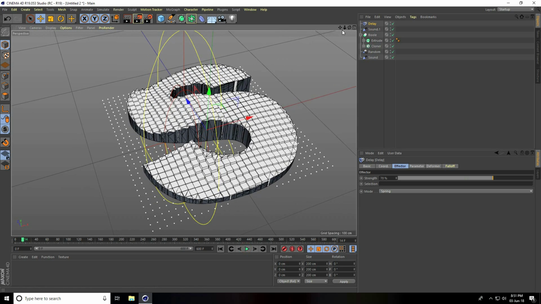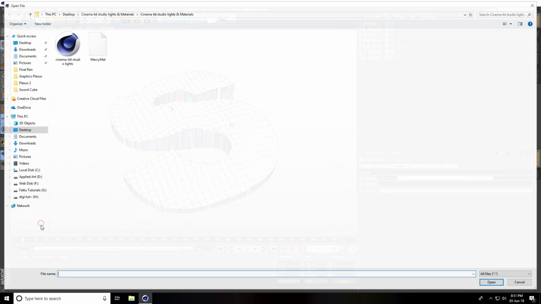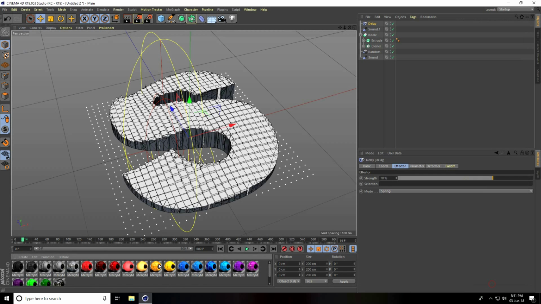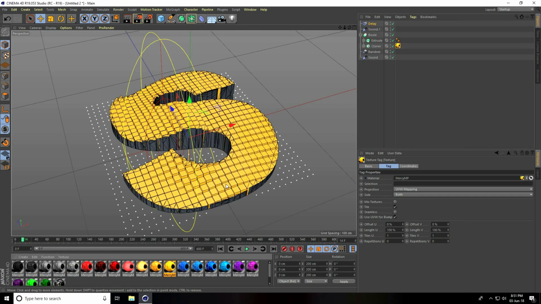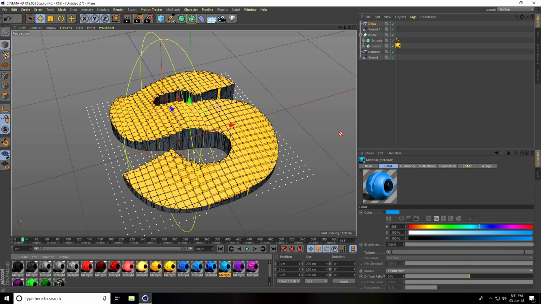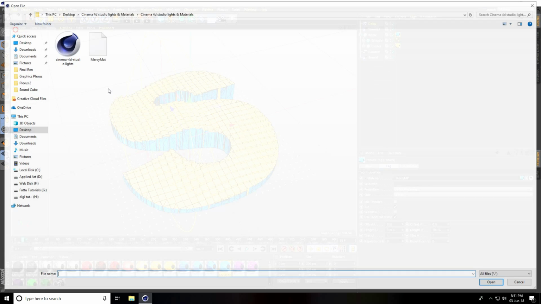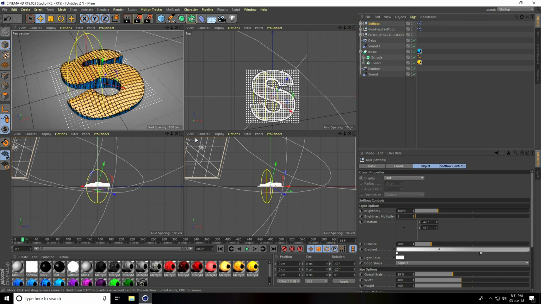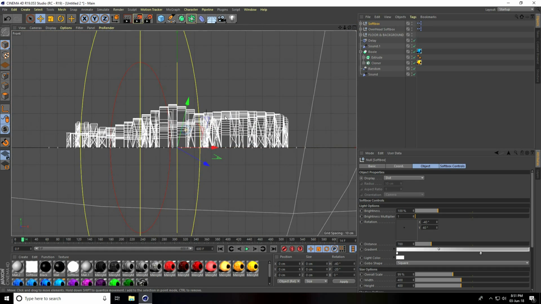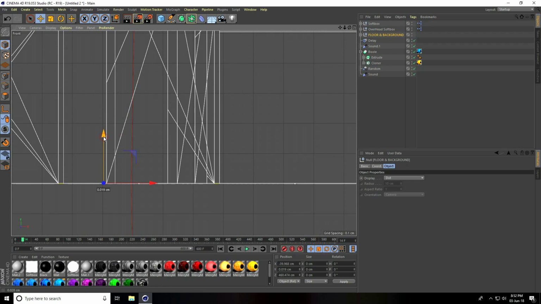Okay, and now guys, I apply material. I go to Create and load material. This is the material, and open. Guys, apply yellow material on the cloner and blue material on the boole. This is my side surface. And now I use the Cinema 4D Studio Light. Go to Merge, select light and open. Go to front view panel. Select floor and background. Yeah, it's attached. Good.